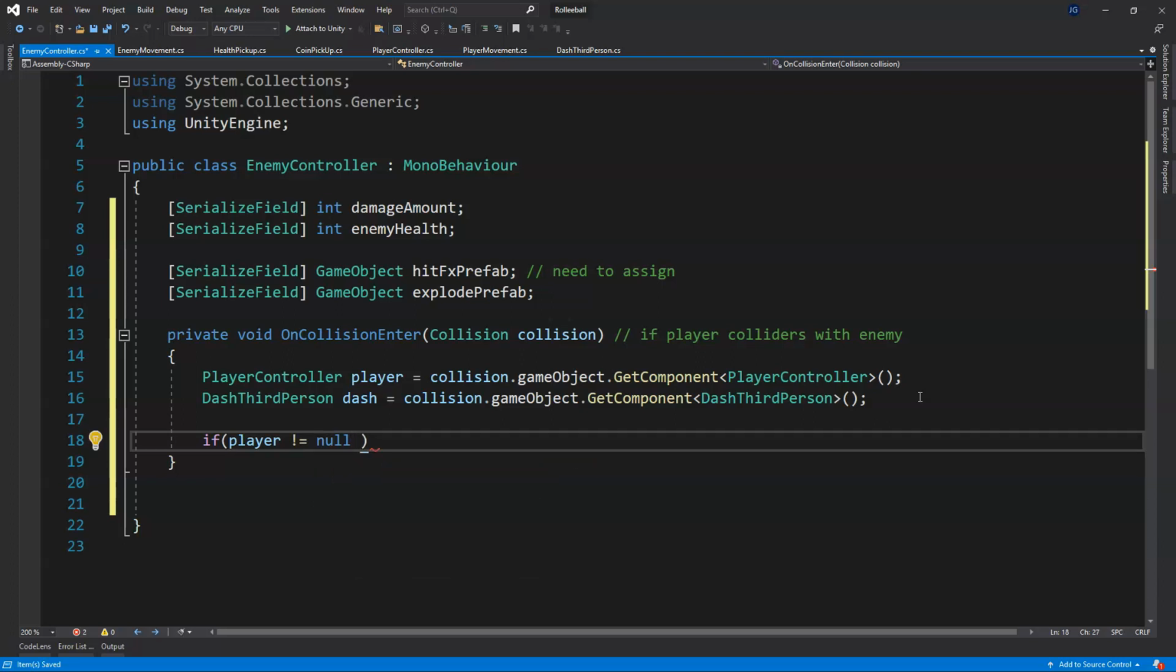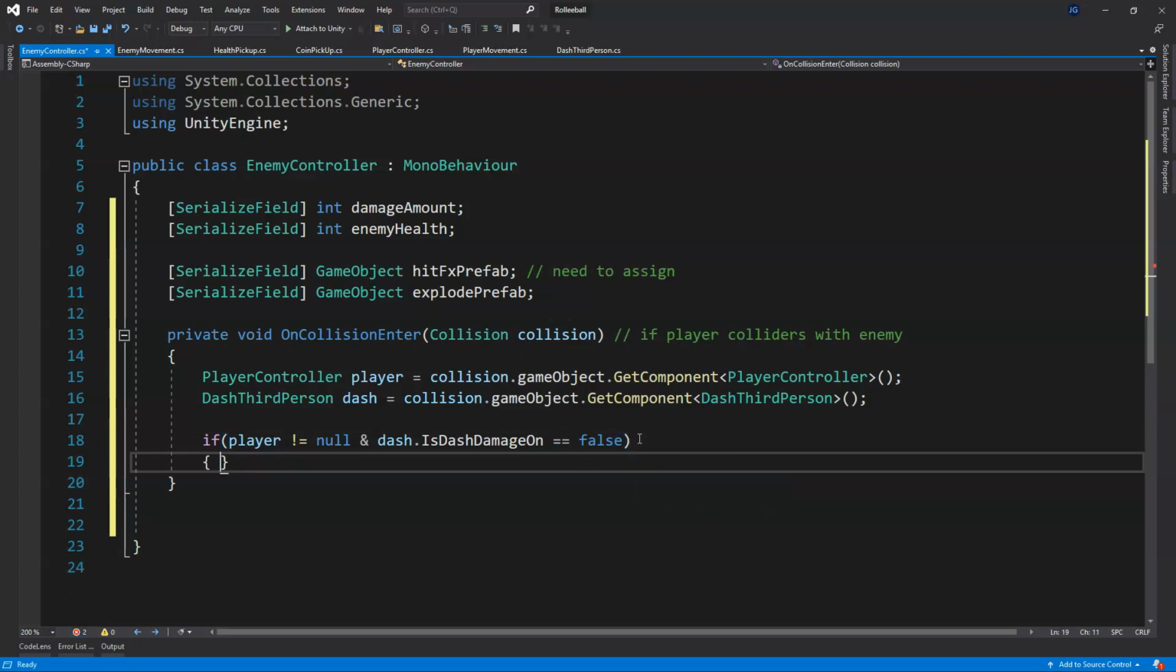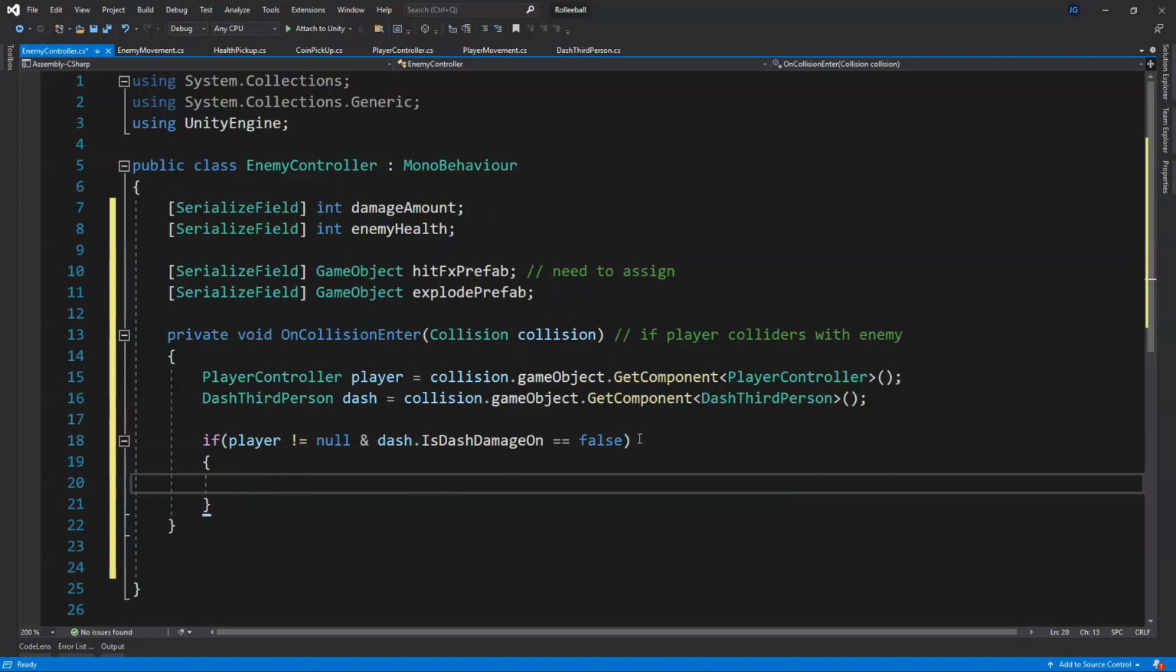Now that's just one condition. We also want a second condition. We also want to check the dash script on the player, and we want to say, hey, let's get that property is dash damage on, or is it false? So in this case, we're just looking to see if it's false. So if dash is not on and the player collides with the enemy, well, we want to damage the player,